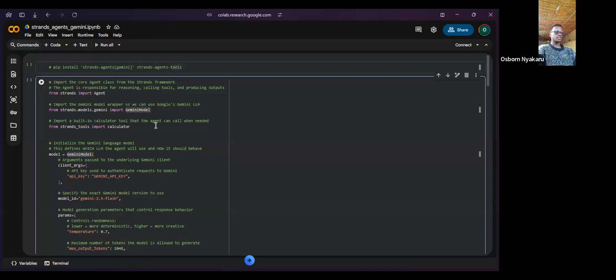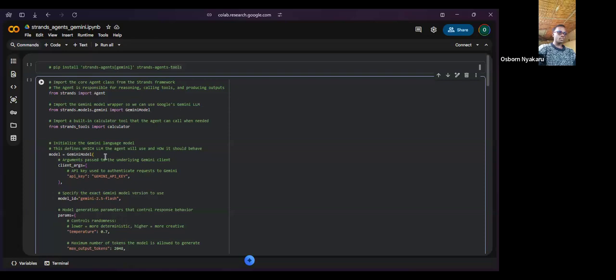Then we have a simple calculator for basic calculation. What I wanted from this line of code was to ask the agent itself to calculate my age in minutes. So we import the calculator tool, which the Strands agent will call when calculating my age in minutes.